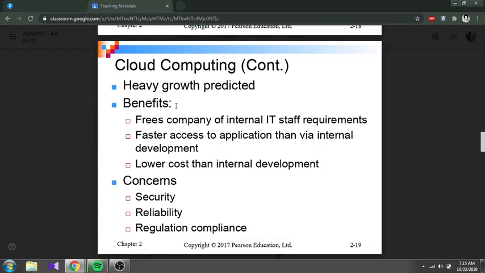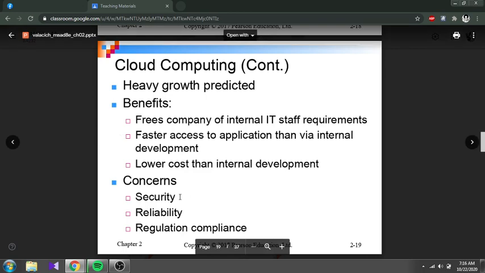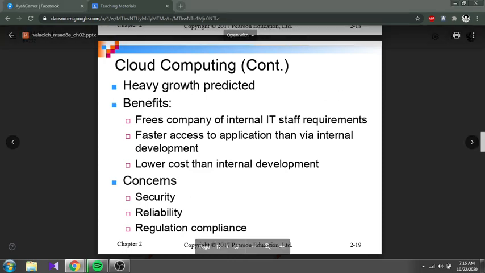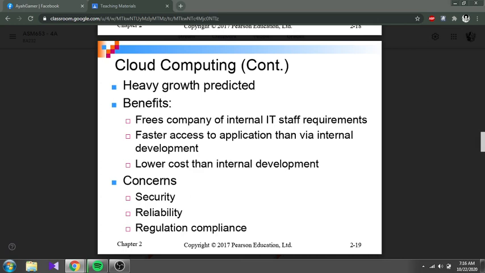Okay, heavy growth is predicted. The benefit is it frees a company of internal IT staff requirements, gives faster access to applications than internal development, and lower cost than internal development. But the concern of cloud computing is security. It has happened already, like last time with Apple's storage, iStorage.